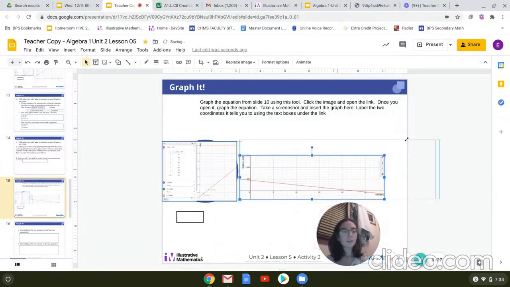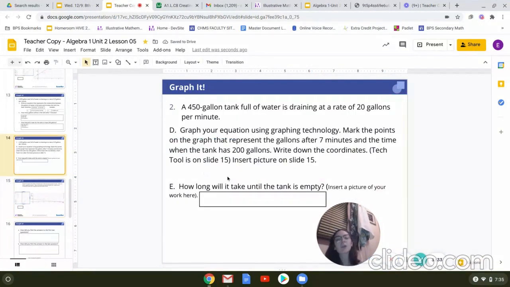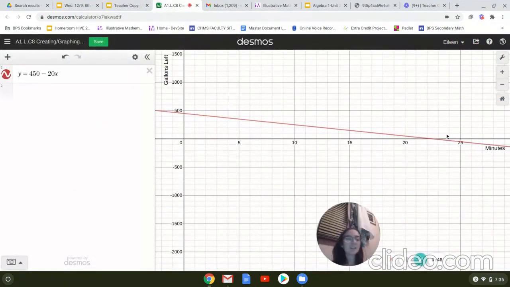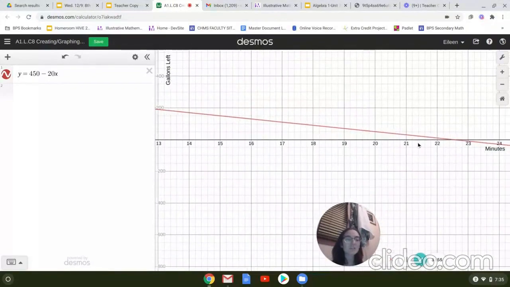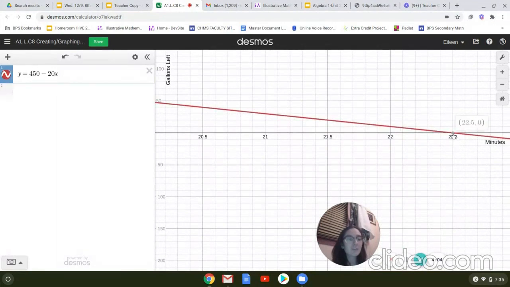Okay, so then from there, we're going to answer some questions on slide number 14. So it says, how long will it take the tank to be empty? So now we're going to look back at our graph, and we need to think about what point would represent on our graph when the tank would be empty. So if we're looking at when that tank is going to be empty, it's going to be when that equation line hits the y-axis. So when I come over here, if I sort of take my pointer and I zoom it in, if I zoom it in enough and you click that point where it hits the y-axis here, it's going to hit the y-axis at 22.5,